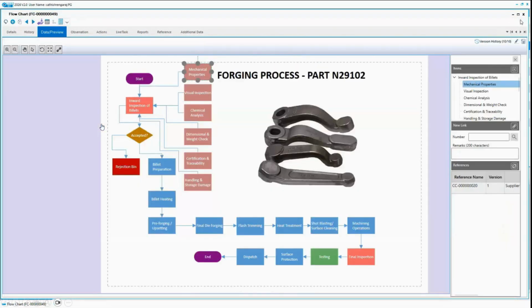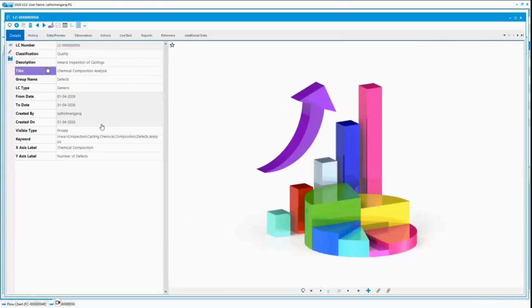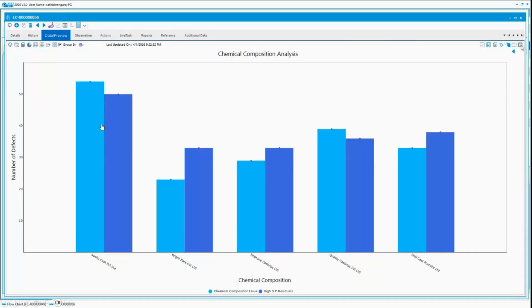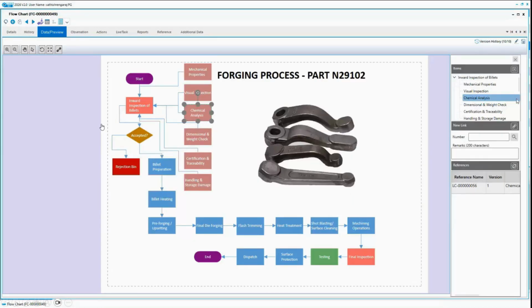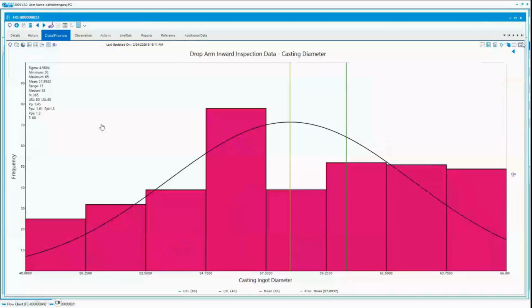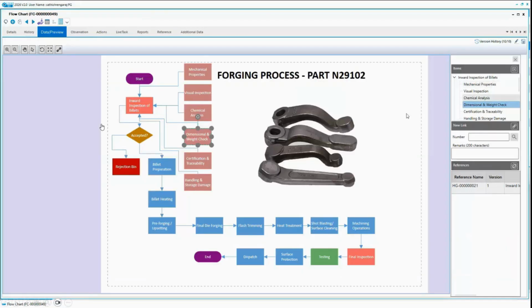Has the alert gone? Then I do a chemical analysis. I look at the results of that as well and see which supplier is giving residuals and issues, whom I should concentrate on. Then I want to reduce the amount of flash in my forging operation. So the input casting should be within a certain weight, right? Otherwise they add up weight, you pay for it, you get flash. Now see, the process is not okay at your supplier side. Many outliers.